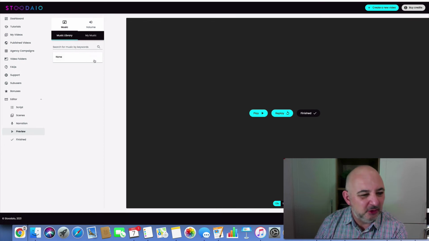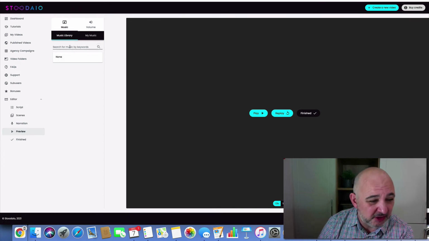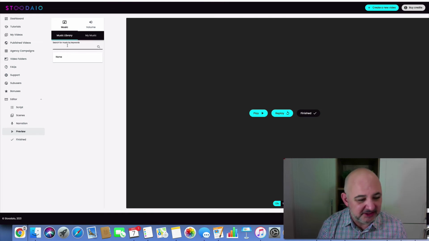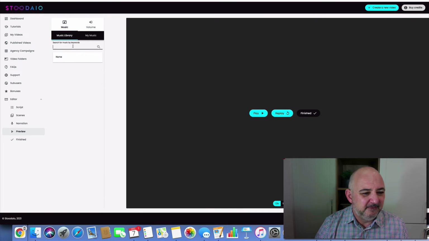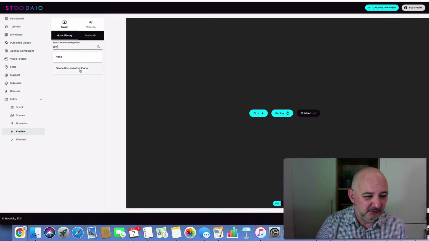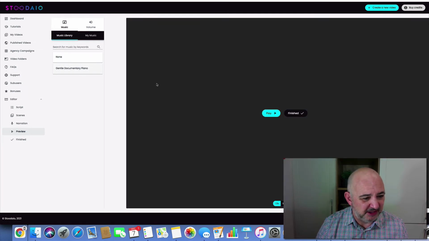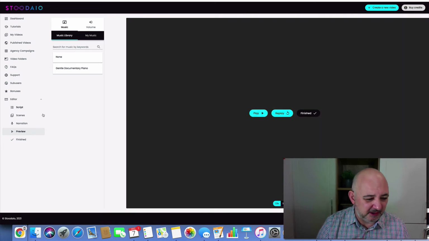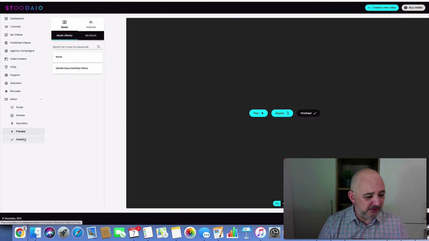Okay, now you can also add music on the background as well. So let's have a little bit of a look. If I wanted to add that on the background, I could. All I do is click there and it'd add that into the background. I could turn it down and up and everything else. Just let me set out everything saved so it's previewed. So once that's done, all I do is,